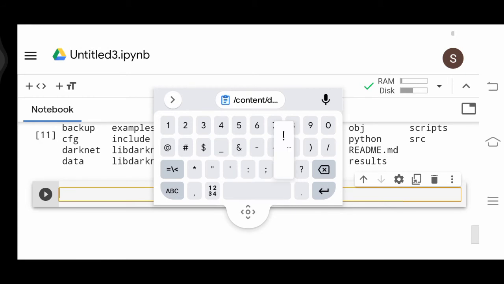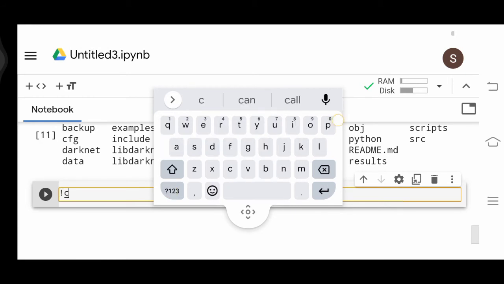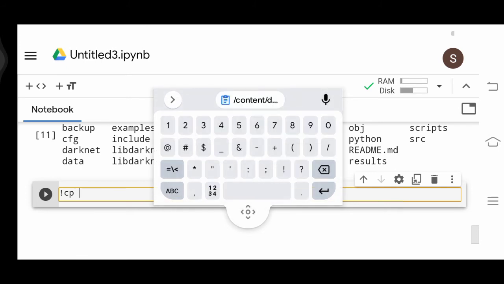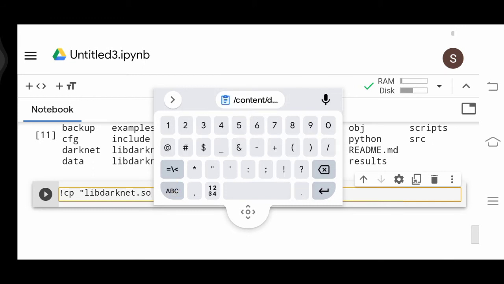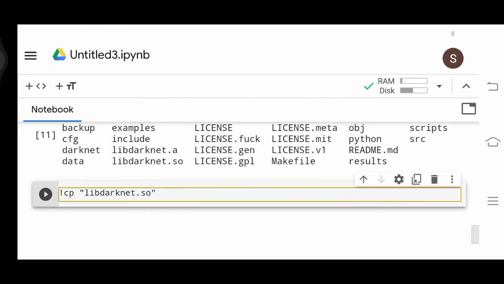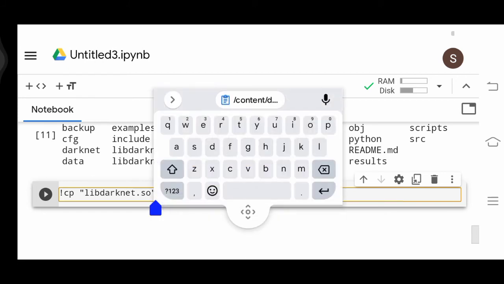Okay, cp, and what you are going to do is you are going to copy libdarknet.so to this folder.